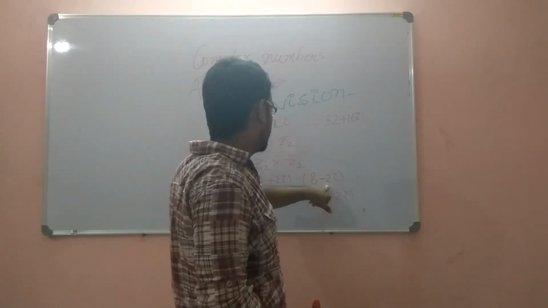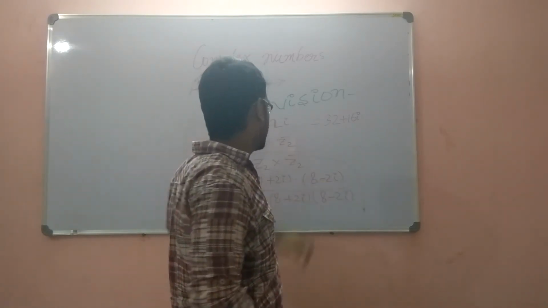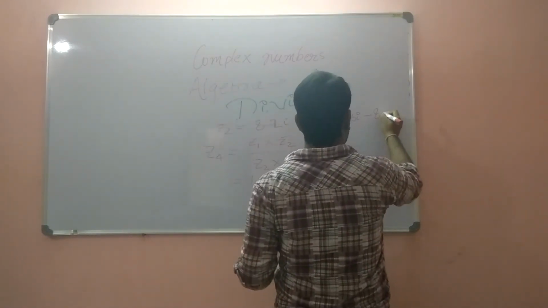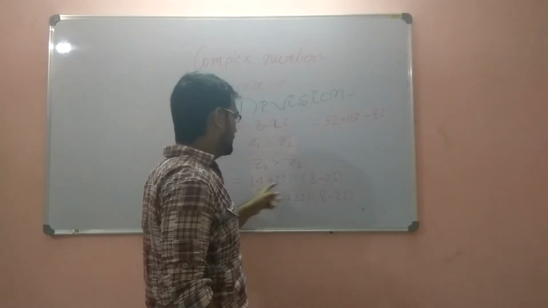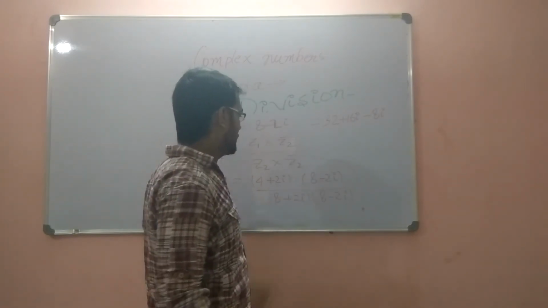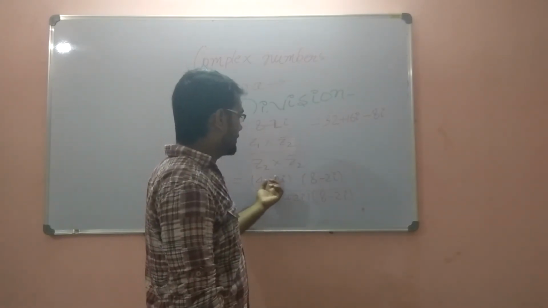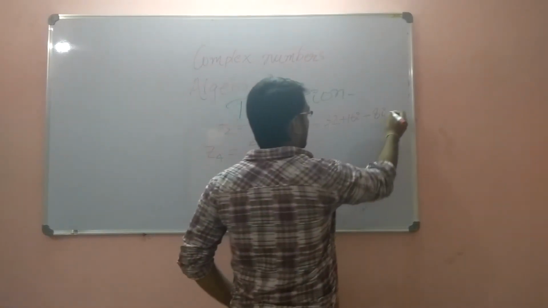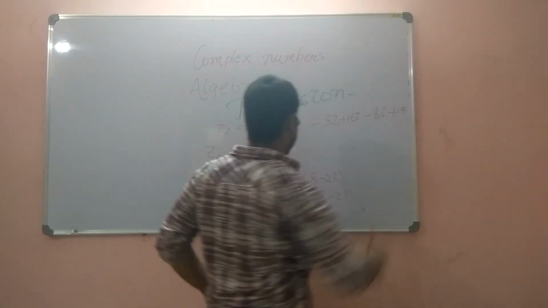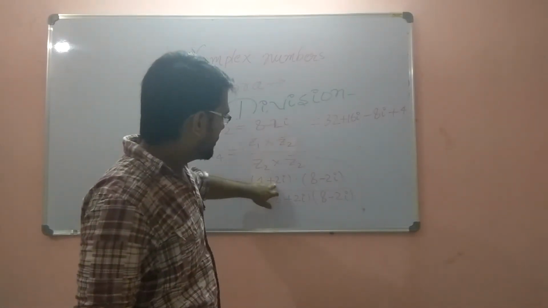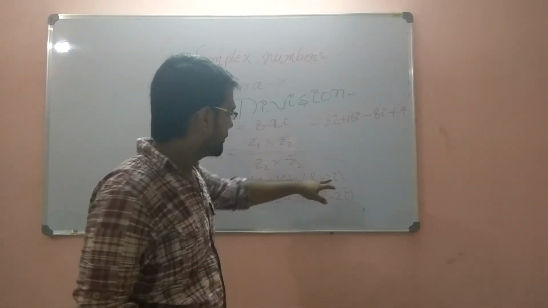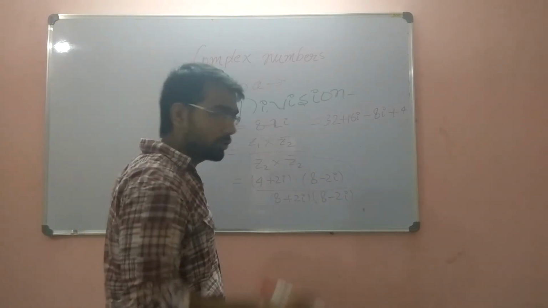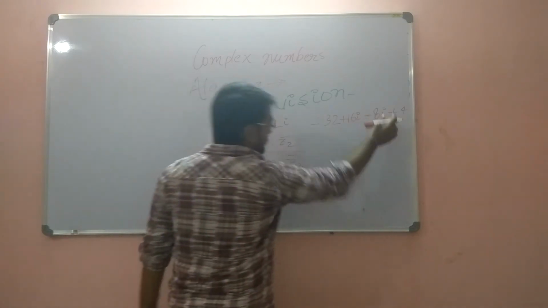Now we will multiply with this one. So this is minus 8i, and this one will be 4, and there is a minus sign, iota square equals minus 1, so that will be plus 4. Because 2 2s are 4, minus 4 iota square, iota square is minus 1, I told earlier, so that will be plus 4.